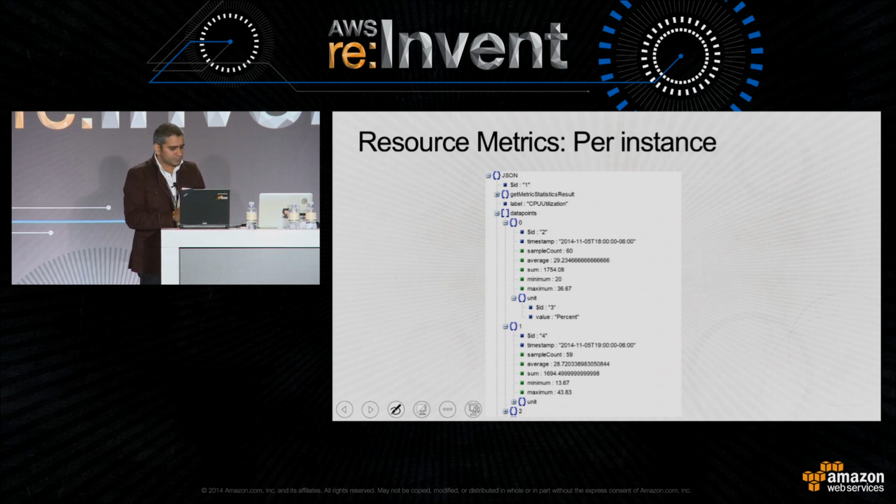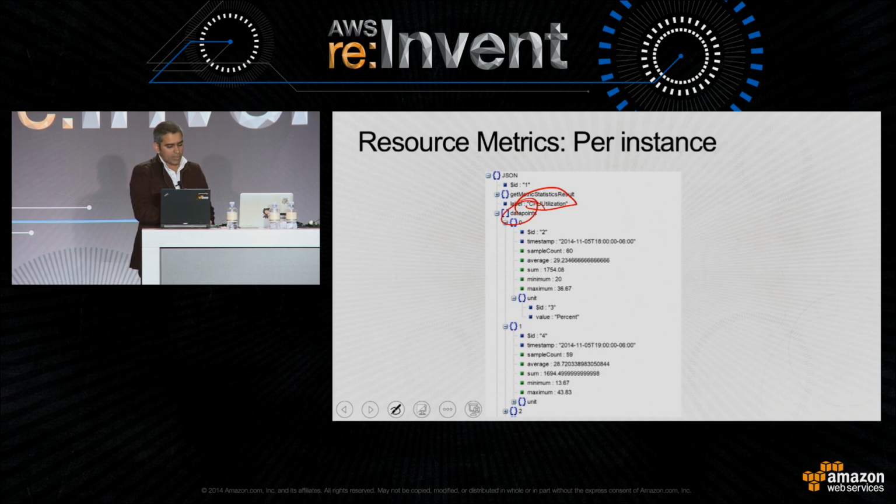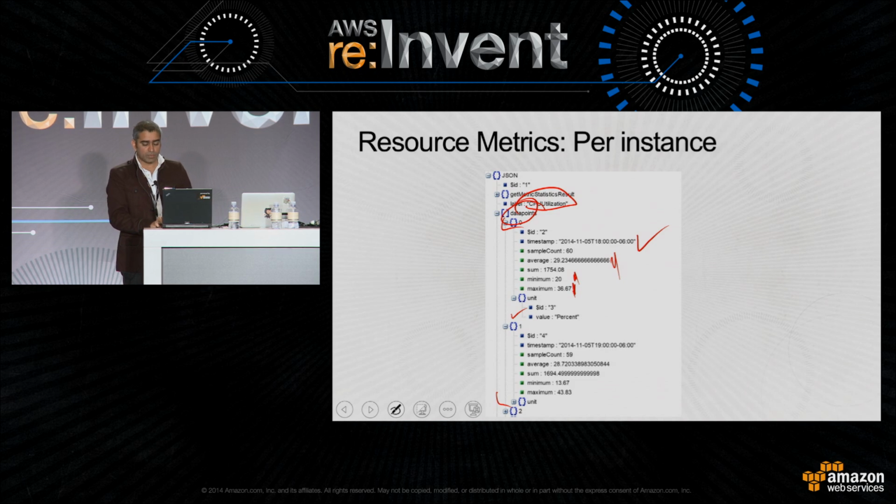As you can see here, we got the CPU utilization, and then we got data points, data point 1, 2, and 3, and so forth. Each data point has the things that you're interested in, the timestamp. I said that I pass in the midnight, but it is showing me 6 o'clock in the evening. It's because of the time zone difference. You can see -6 hours. These are the important things. The maximum CPU utilized was this, and the minimum was this, and the average was this. If you look at this particular piece, the average is not very different, but in some cases, based on the seasonal load, you will see a lot of variations, and you want to work on those variations.